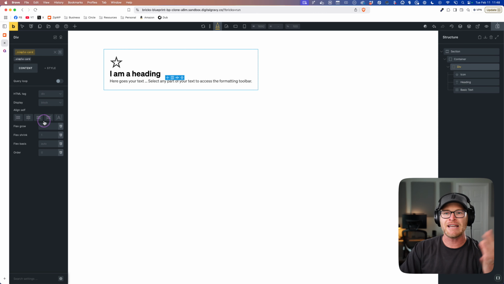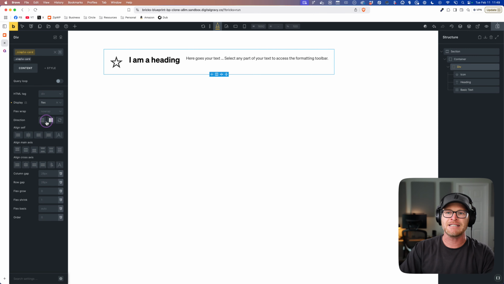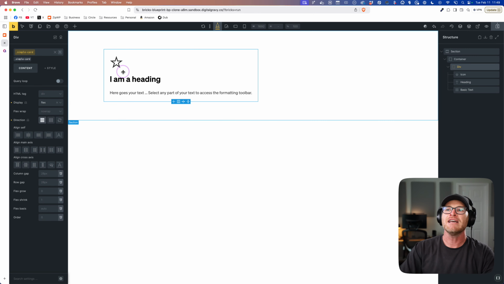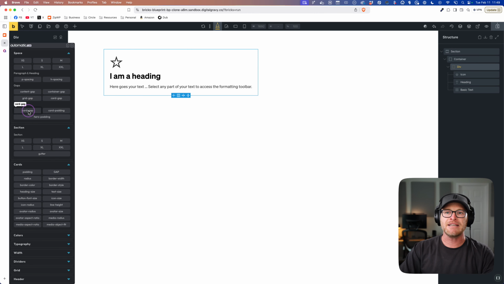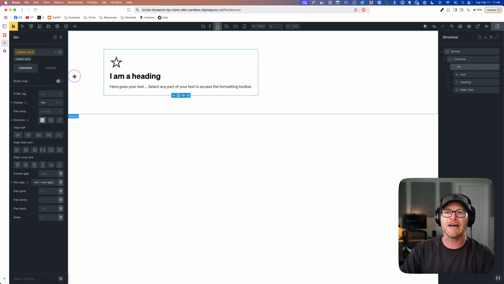So if I go to, and I hate how, look, notice I don't have the gap here. Okay, I gotta turn on flex, then I gotta go flex column. Okay, now it's gonna auto apply the content gap because I have auto gap turned on, but I want card gap. So I'm gonna go to row gap, right click, and I'm gonna see there's something called card gap. I should use that instead of the regular content gap because this is a different context. So I'm gonna say, all right, let's use my card gap. It's as simple as that, right?